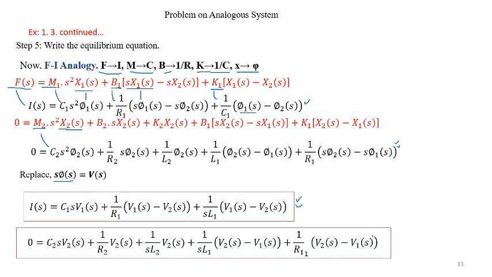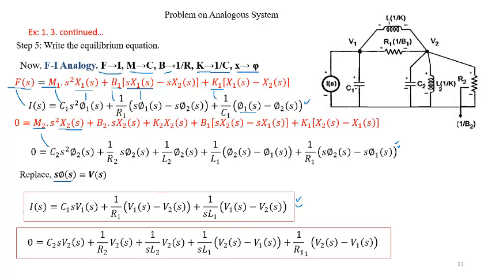After getting this equation, we are supposed to write the node network diagram, or force current analogy network diagram. So how are we going to write it? It will be as follows. So first we are going to go for this particular diagram. This is similar to the previous diagram. The elements which are here will be in parallel. So that is what we are going to see here. In the previous case it was in series. Here it will be parallel.